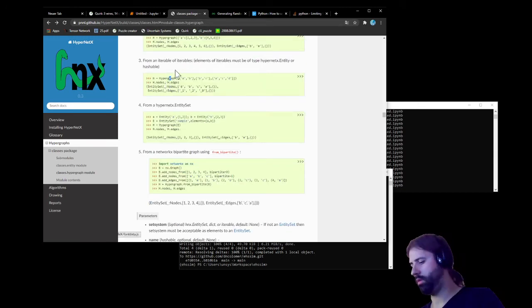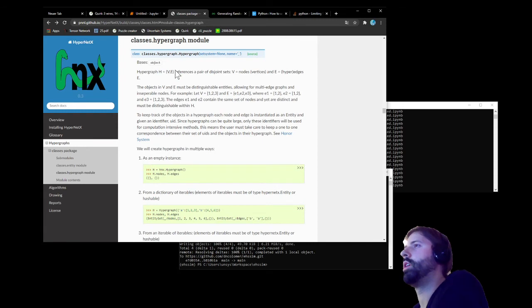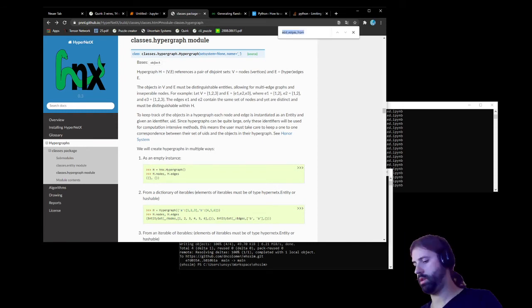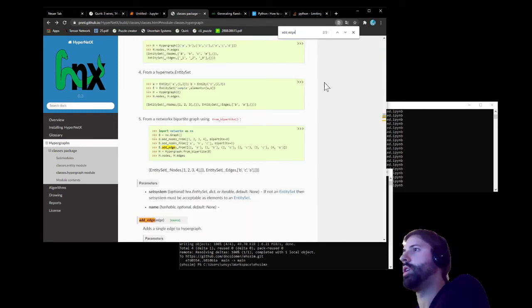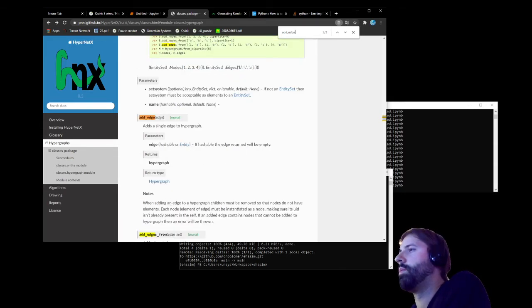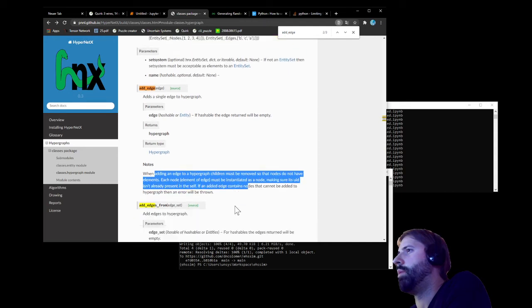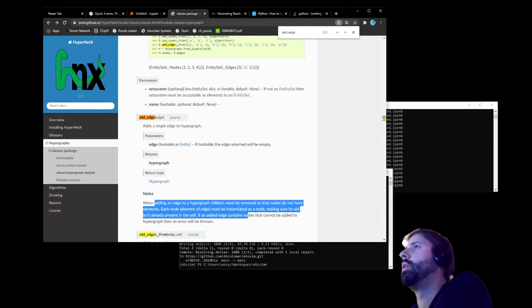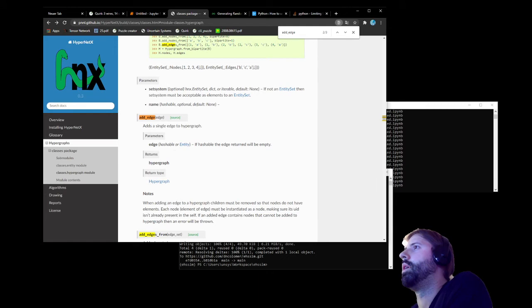So add edge. Add edge. Children must be removed... It's a hashable or an entity. So it just can be the edge returned will be empty. Don't get it. So can it just be